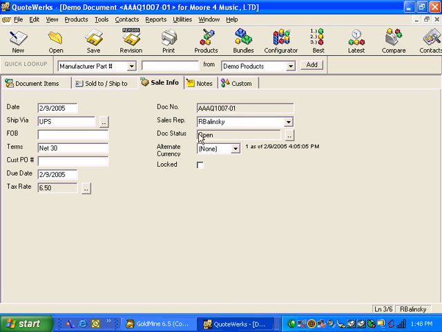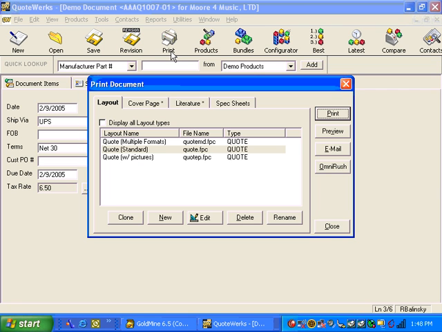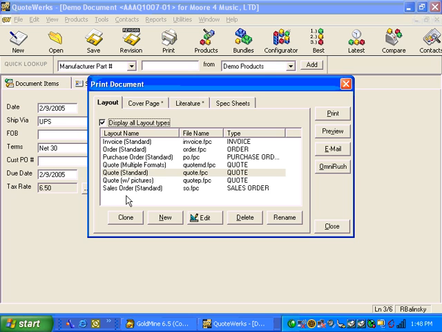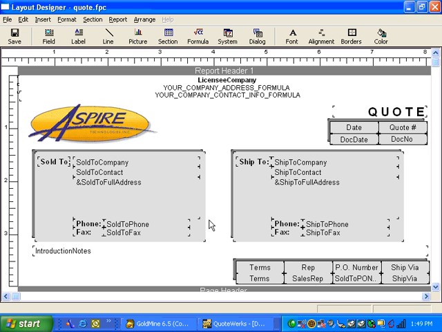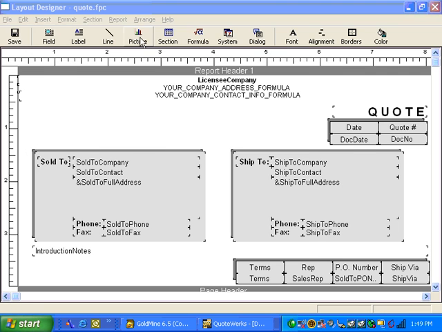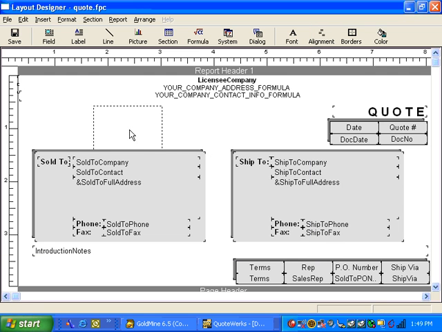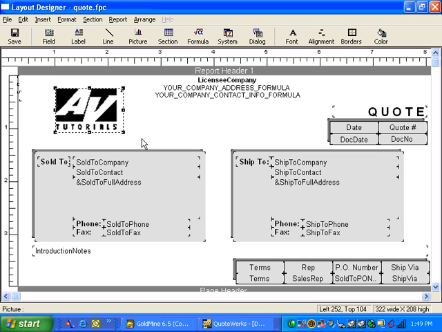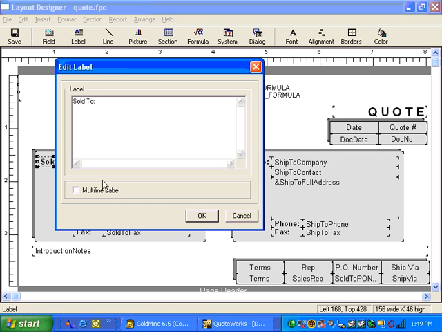To print your new quote, select the Print icon on the QuoteWorks toolbar. A wide variety of pre-designed layouts are available for different document types such as quotes, orders, invoices, purchase orders, etc. You can easily customize these print layouts by selecting a print layout and clicking on the Edit button. You can insert your company logo, change label names,